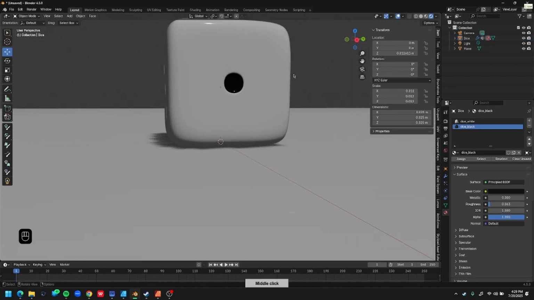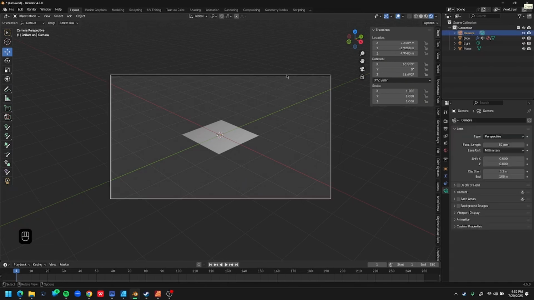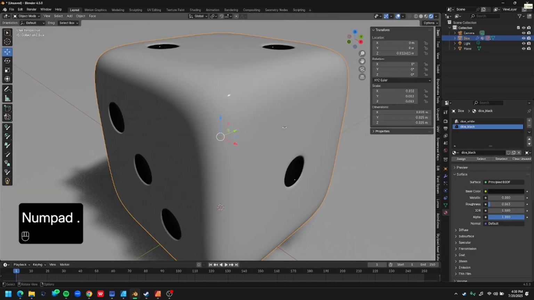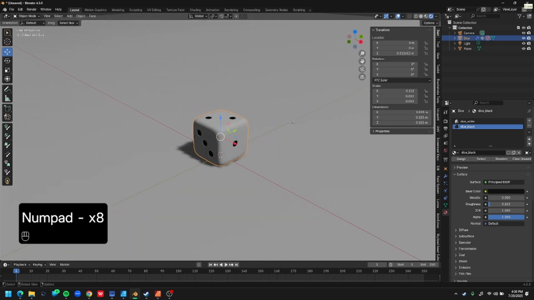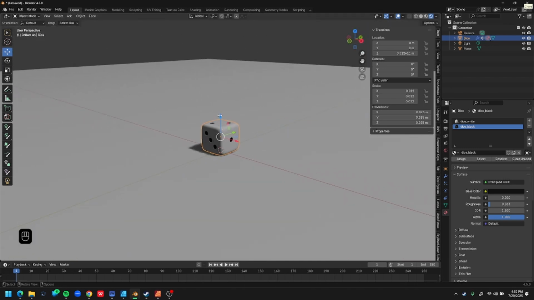Great. If you press 0 again, it's very far away. So we want to actually make the camera position itself on the die. We're going to frame select it and jump out a bit. Actually, here's a better idea. Let's do two things. We want to make it look like the die was somewhere midway in being thrown. So we can select this shape